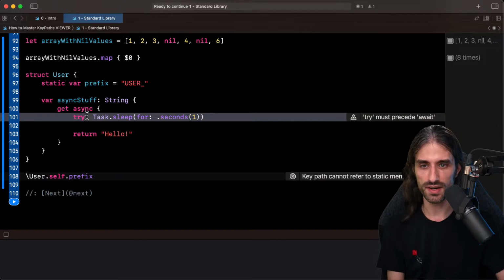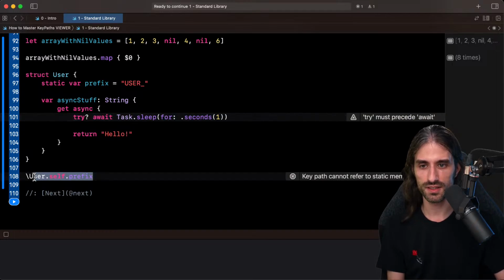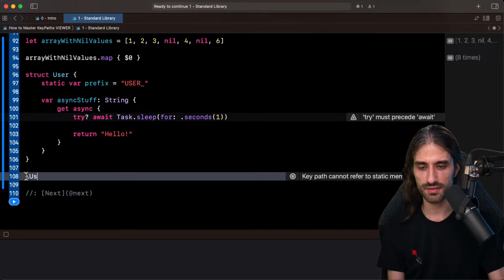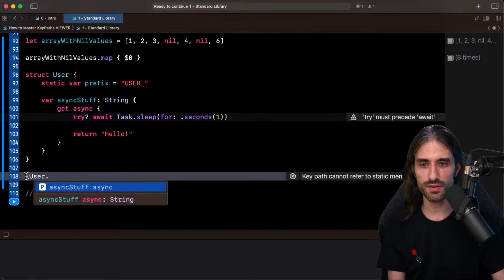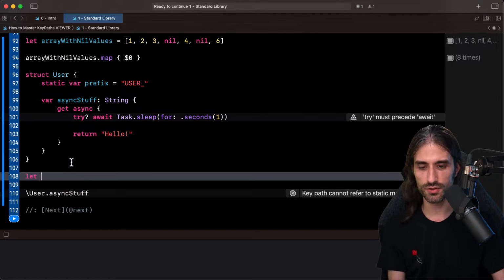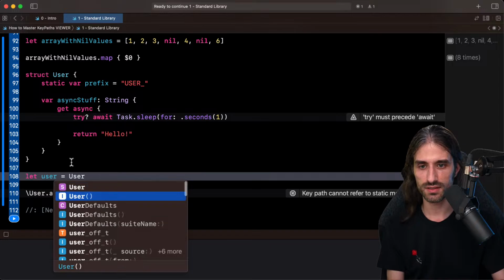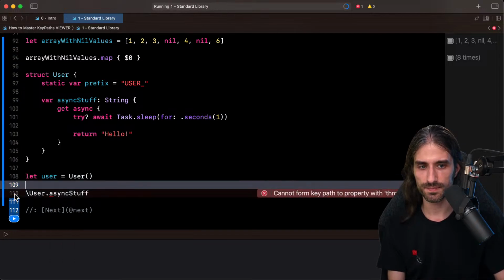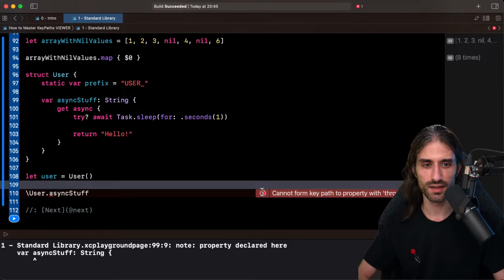Try must precede await. Even though it's just a warning, I'm going to take care of it. And so now let's see. When I have a user, I can refer to async stuff, and let's see if we can call it. I'm just going to have my user, call it like that. No, you can't. So you cannot form a key path to a property with throws or async, which in a way makes sense because then the whole syntax around calling a key path would have to become much more complex to deal with the potential error or the potential async.